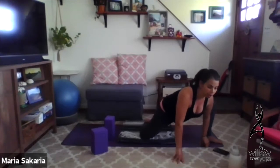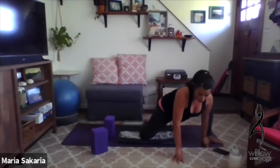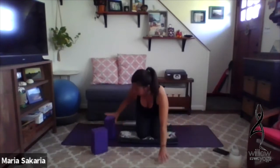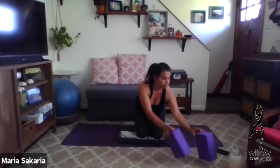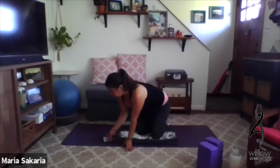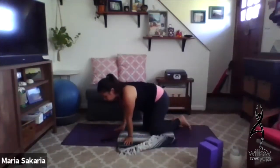Let's take one more deep breath in. Exhale. And then slowly coming back into center and bringing the knees back in. Excellent. Before we come over to the opposite side and do all of that, we're going to start with one discomfort pose here. So we're going to curl the toes under